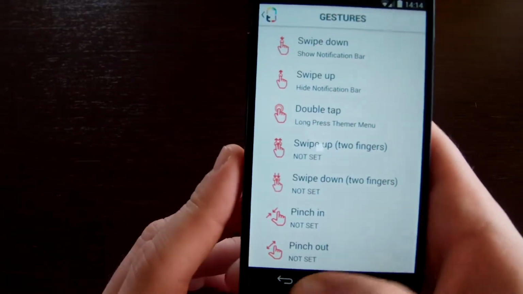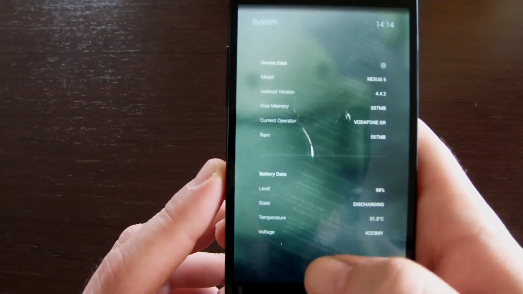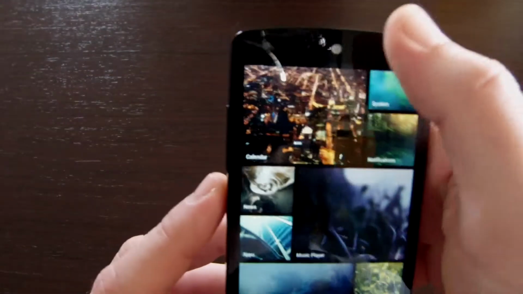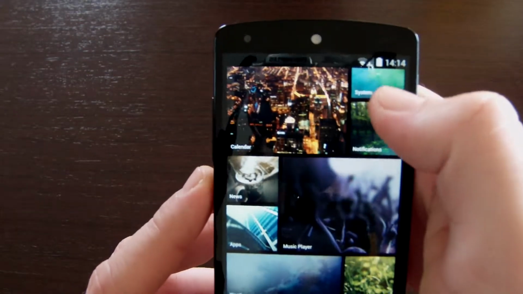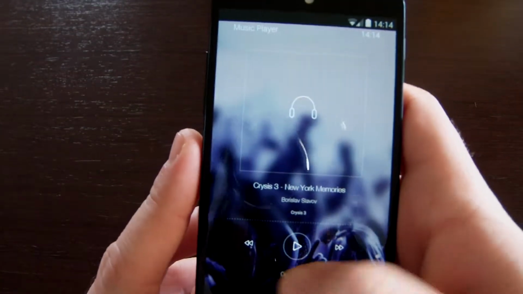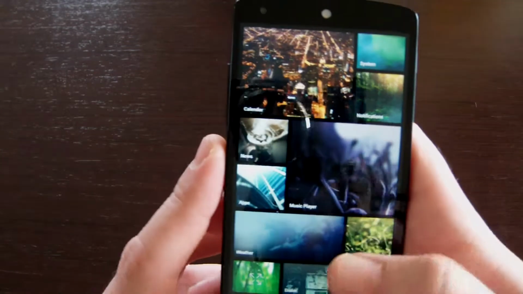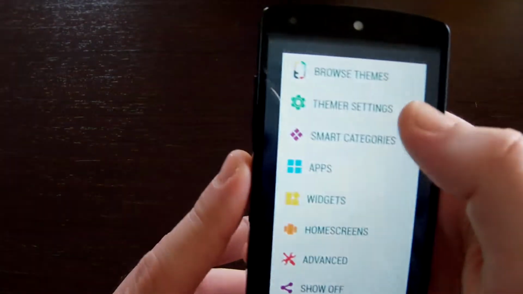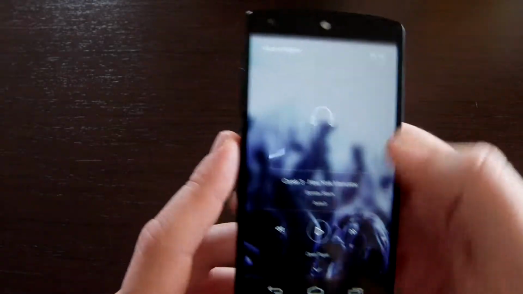So you can see that the notification bar is not visible right here, but if we swipe down from anywhere in the screen, it comes on and it doesn't go away. It's permanent unless we swipe up, and then it does go away. But if you swipe up from the top, it'll be like that little 4 or 5 second thing that every launcher has. So we'll leave the Themer settings and we'll go to advanced,